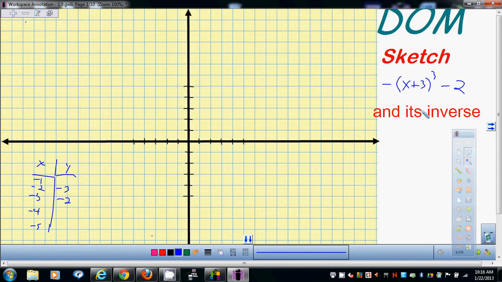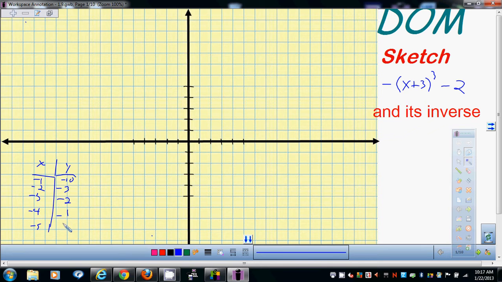Plug -1 into the function, that's 2 cubed is 8, -8 minus 2 is -10. Plugging -4 in, that's -1, cubed is -1, minus -1 is +1, minus 2 is -1. Let's see, -5. It's going to be -2 cubed is -8, +8 minus 2